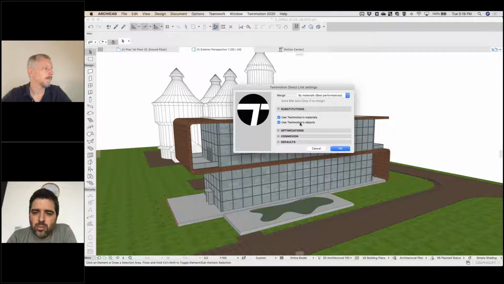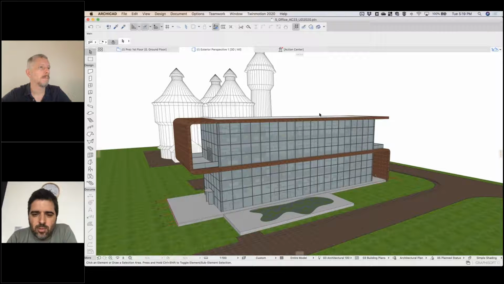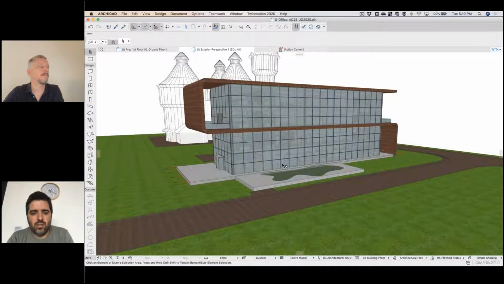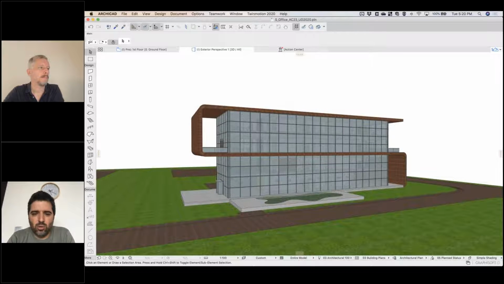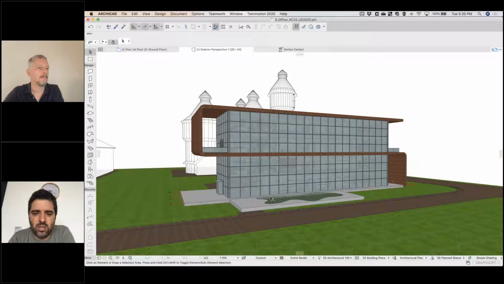And when we get to Twinmotion, it will replace the objects and the materials. So basically, the glass from Archicad will be transformed to Twinmotion glass. And let's say if you have some trees inside Archicad, they will become Twinmotion trees. I'm just gonna highlight to you that for now, in these early releases, the Twinmotion connection with